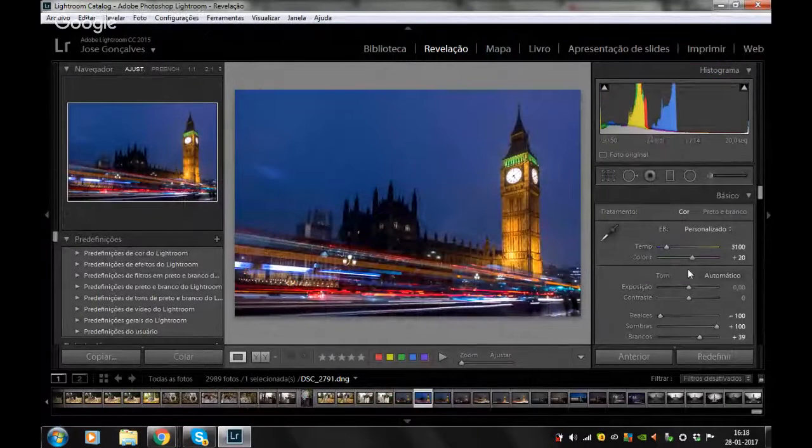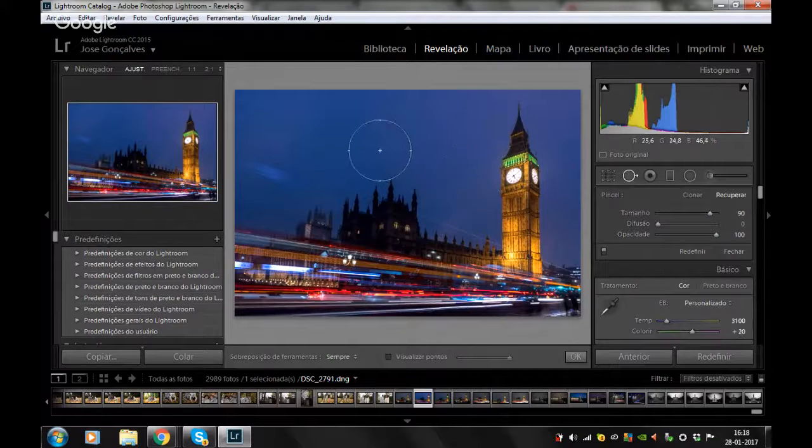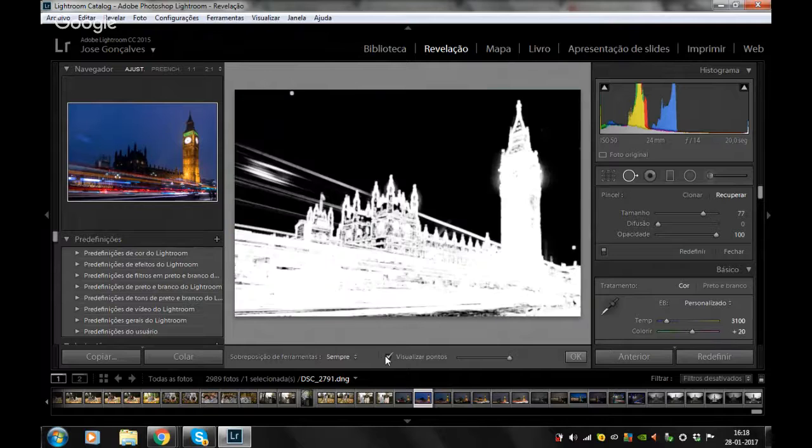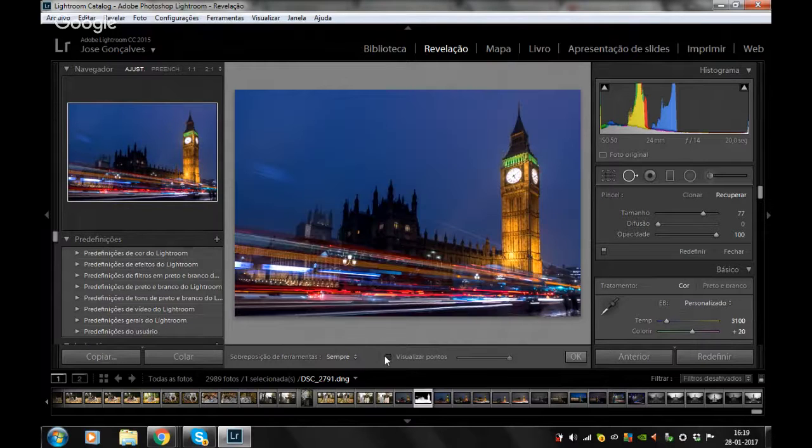Right, what we're going to do now is go to the slides here. Okay, tool slides, and let's see if we have any spots to heal or clone on the picture. Some dust spots, because I closed the aperture to f/14. In this case, with long exposures, we're going to notice a few spots if you have them on your sensor. You choose the spot healing tool, and you click here, and you're going to see your